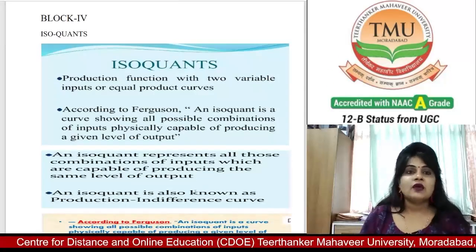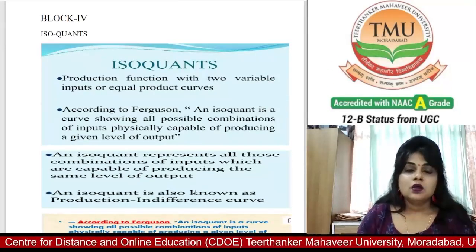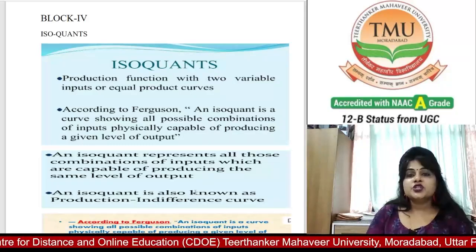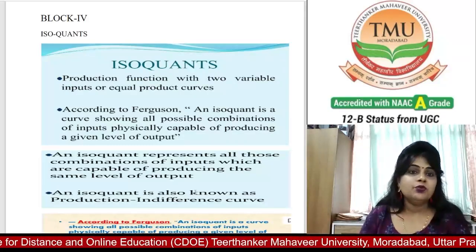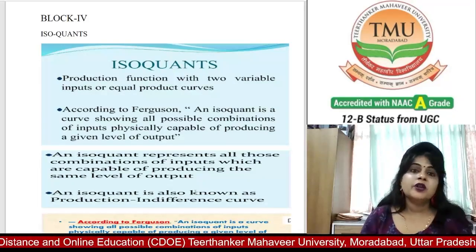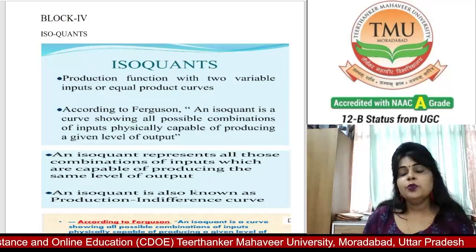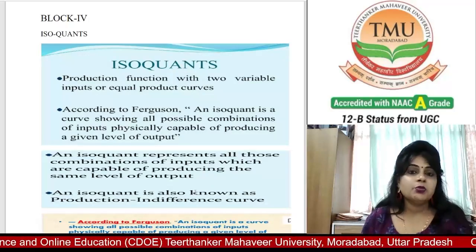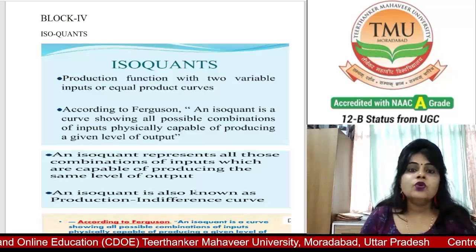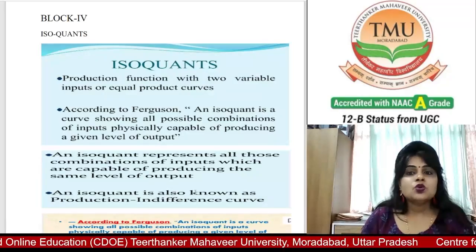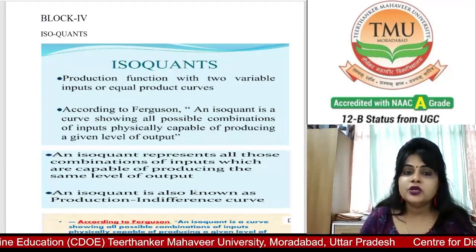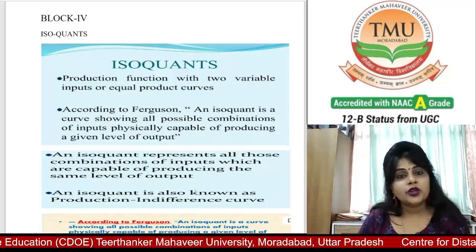Students, today we discuss Block 4 topic: isoquant. What is an isoquant? The production function with two variables, inputs, or equal product curves. Production is the function of inputs, the functional relationship of inputs and outputs. So, according to Ferguson, an isoquant is a curve showing all possible combinations of inputs physically capable of producing a